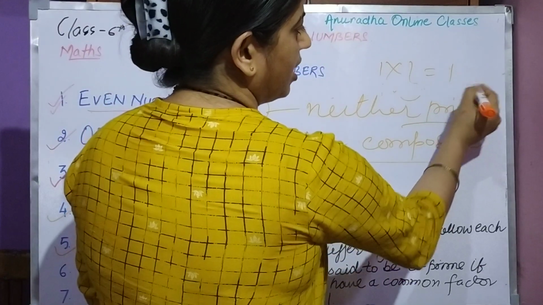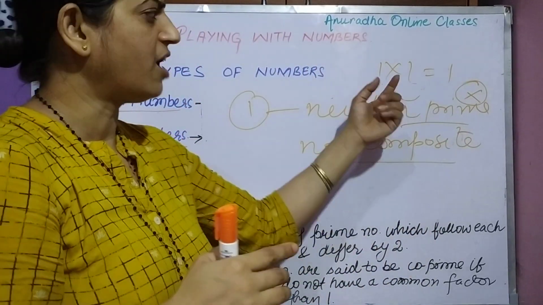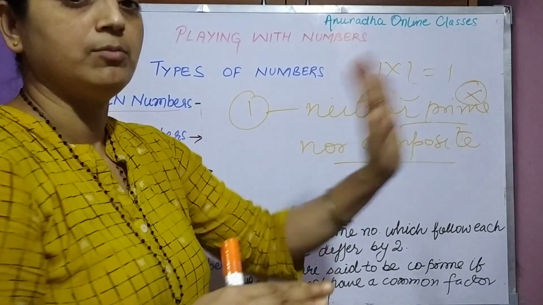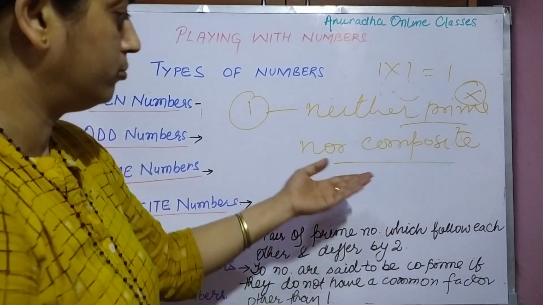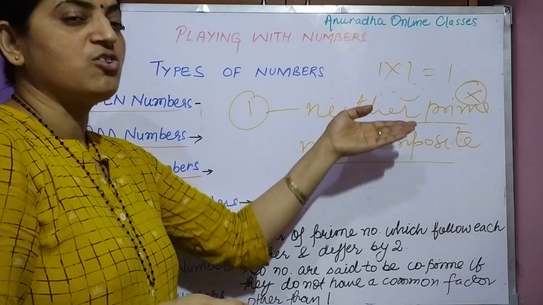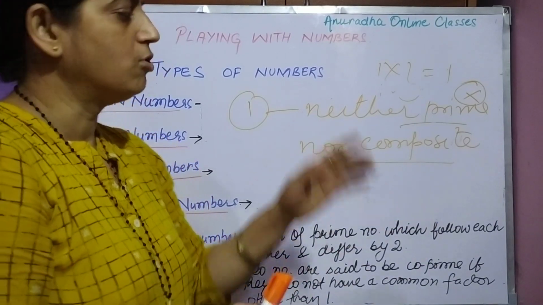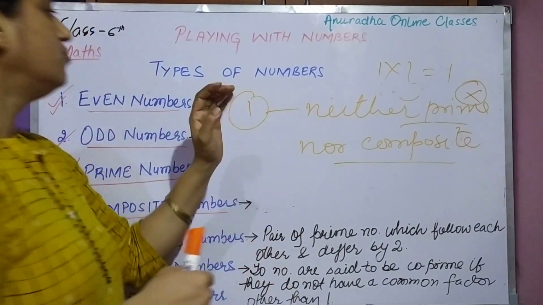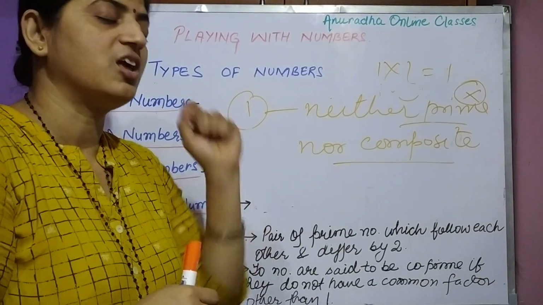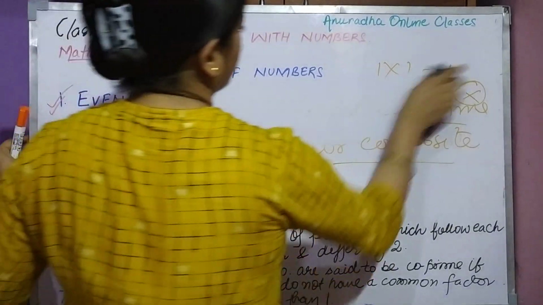तो प्राइम नंबर के लिए क्या चाहिए? 2 फैक्टर. So it is not having 2 factors, it is having only a single factor. So it is not a prime number. Prime number नहीं है. Now composite का तो सवाल ही नहीं उठता. If it is not having 2 factors, then more than 2 is not possible. So that 1 is the special number which is neither prime nor composite. Okay, so keep in mind this.